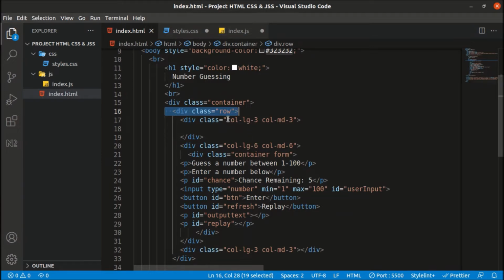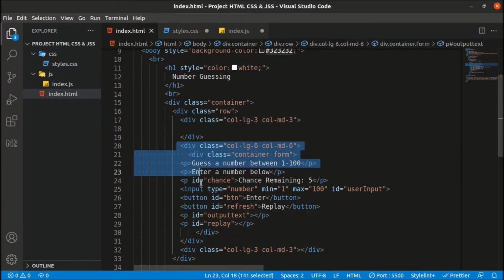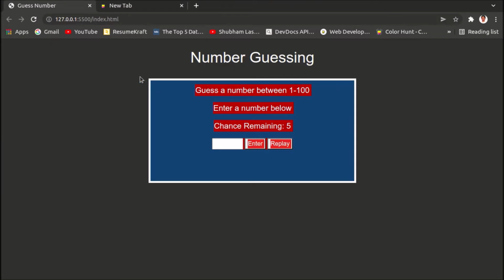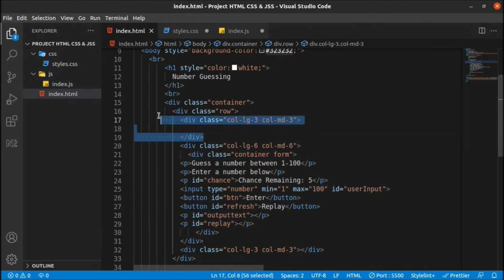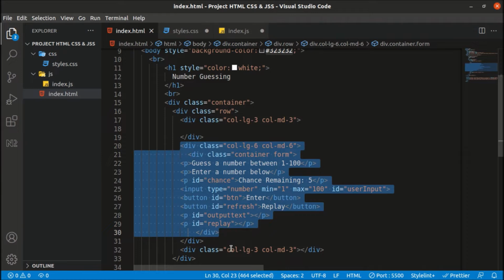So this is the first column LG3, then col LG6 and col LG3. So this LG6 is the part which is this bluish section, and LG3 is this left part which is grayish, and the other LG3 is the right part. So first LG3 will be on the left, then LG6 is in the center, and the remaining is on the right.